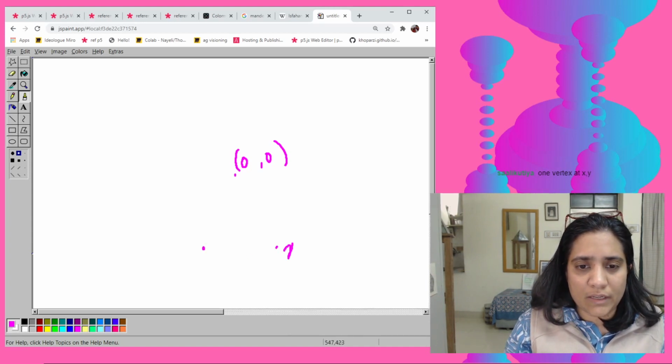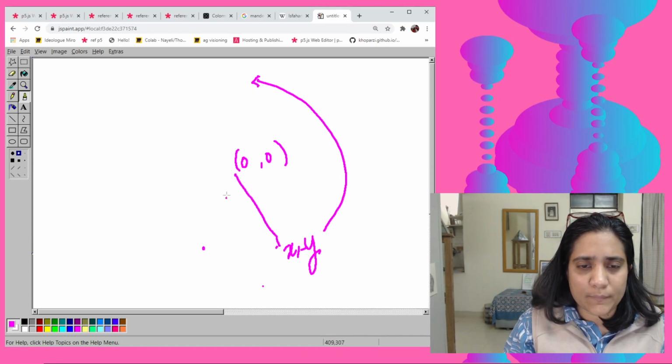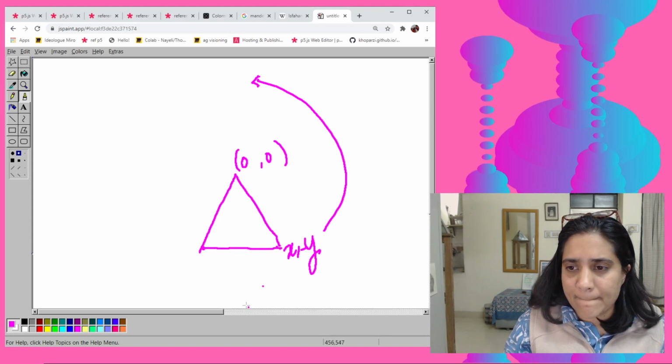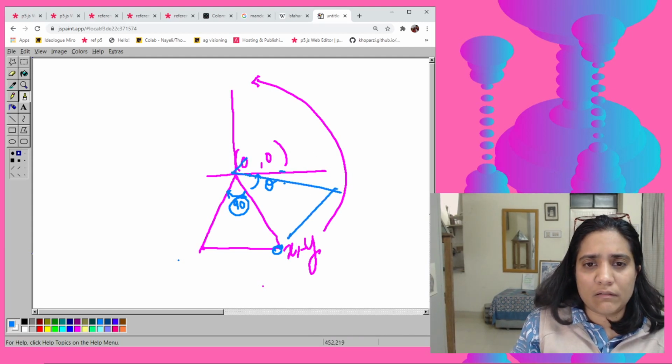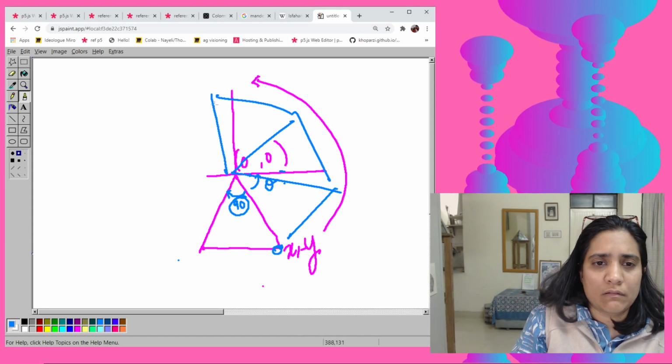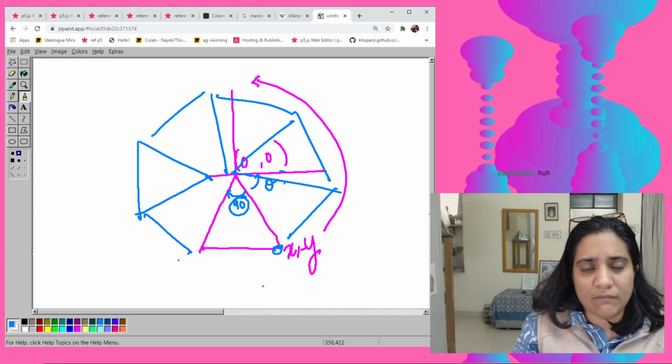So the other one is at x comma y, say, and moving across the circle like this, right? So now this particular x y is moving every 30, right? And then we want this particular x y to be defined by this x y, right?